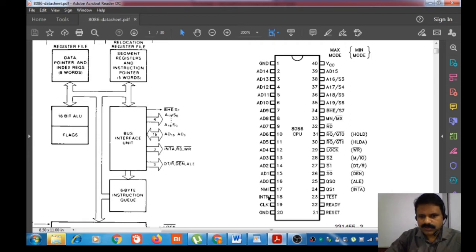Then based on the source, we can categorize the 8086 interrupts into three groups: the hardware interrupts, software interrupts, and exceptions. Hardware interrupts are the signals coming through the NMI line or INTR line.